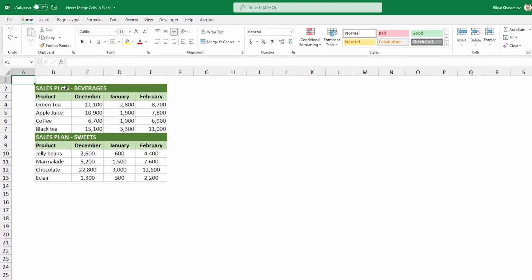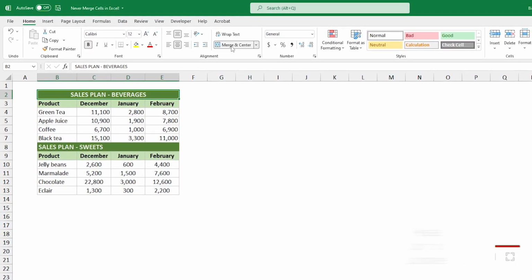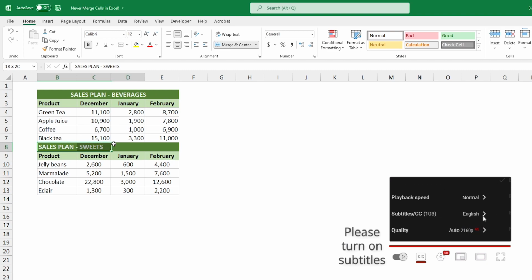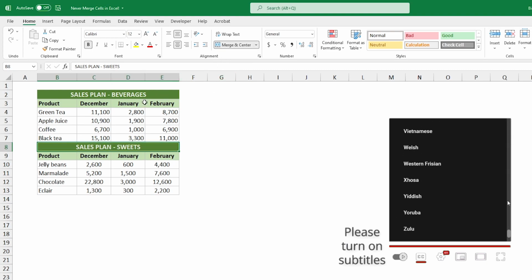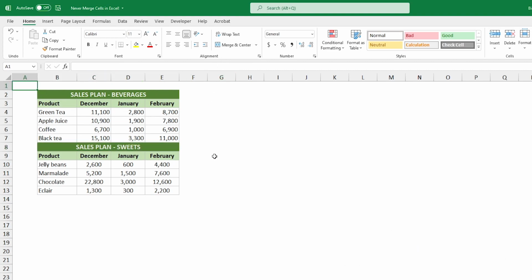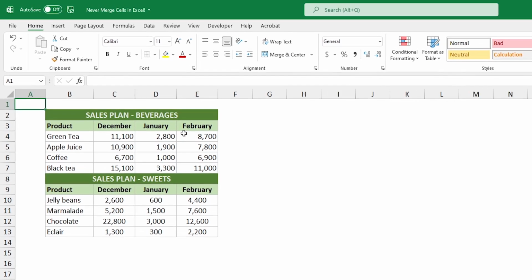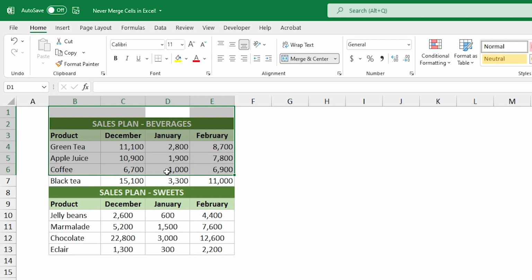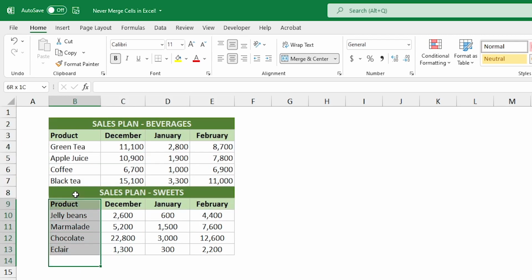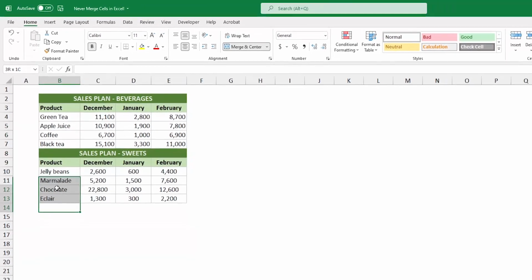Merging cells to center the contents of a single cell within a range of multiple cells is a fairly common practice among Excel users. However, this approach is far from optimal as it disrupts the tabular structure of the worksheet. The easiest way to verify this is to try to select one of the affected columns. As you can see, the selection is automatically expanding in the wrong way. And this is just one example.